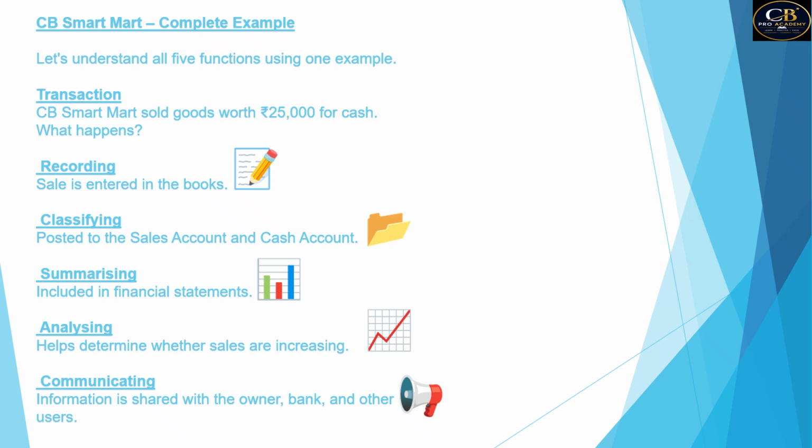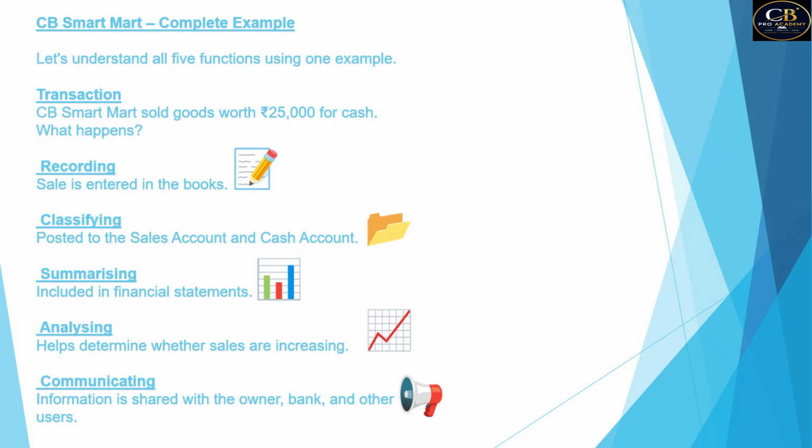Now take a live example and see how these functions help us. The transaction is: CB Smart Mart sold goods worth rupees 25,000 for cash. Now how do the functions of accounting help us? First of all, you will need to do recording. It means the sale is entered in the books. You have sold goods for 25,000, so this 25,000 transaction has been entered in the books,